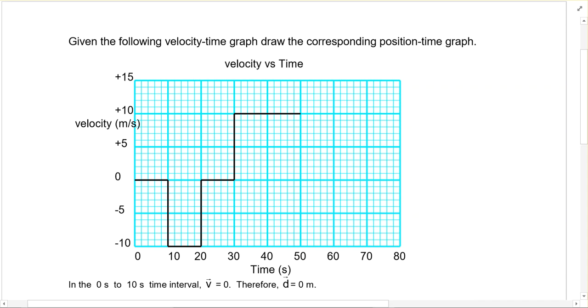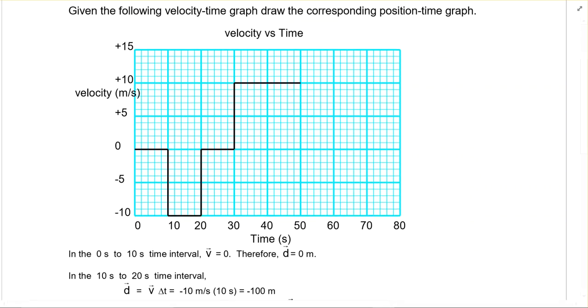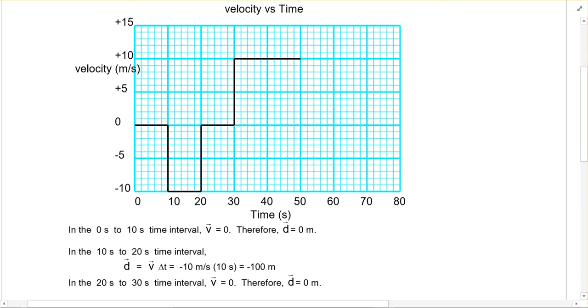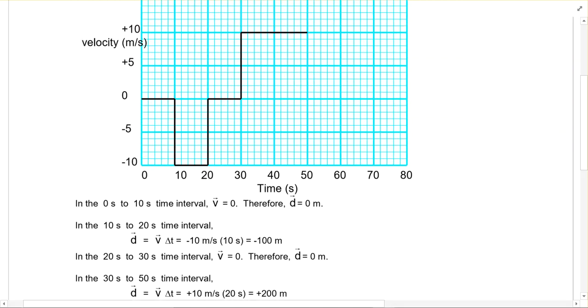We're going to move on to the situation where you've got a velocity time graph, and I might ask you to create a position time graph from that. So this one's a little bit harder. People find it a little bit tougher to go from this one to the other one. What you've got to do is split this up into different time